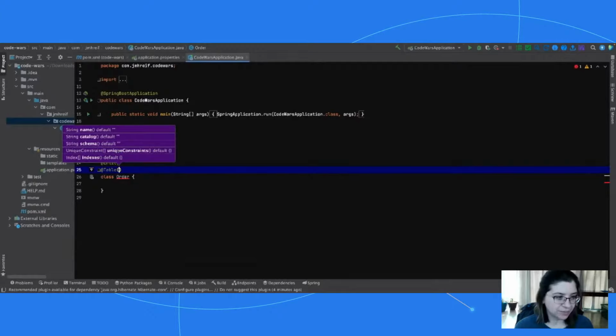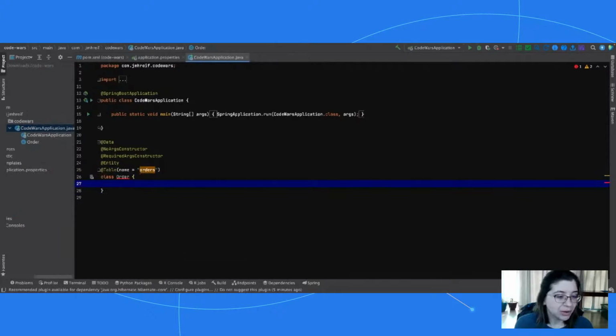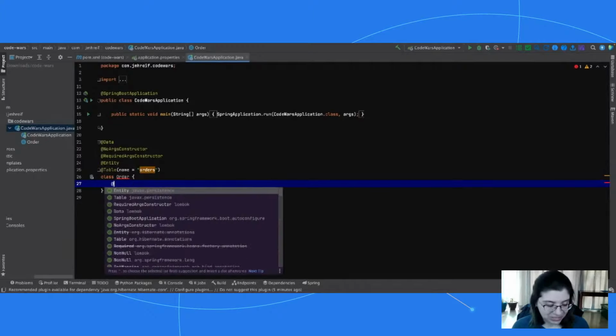Name equals orders. And notice that, there we go. I just bookmarked it apparently. Okay. So this here, notice that it does not match my class name. I wouldn't normally have to put this property in here, but because my database table is not named order with a capital O, it's actually named lowercase o with a plural on the end, then I have to tell it specifically, hey, look for this table when you go to the database. So that's what that's doing.